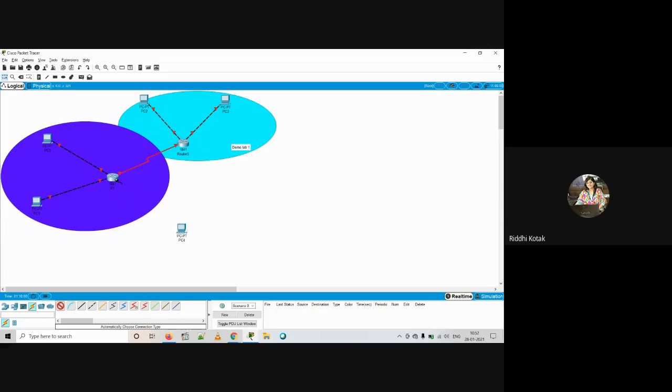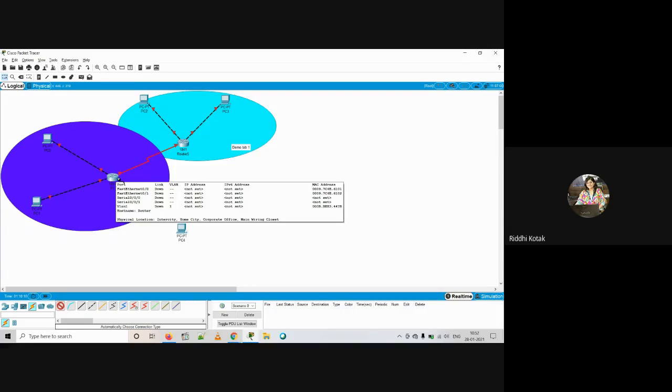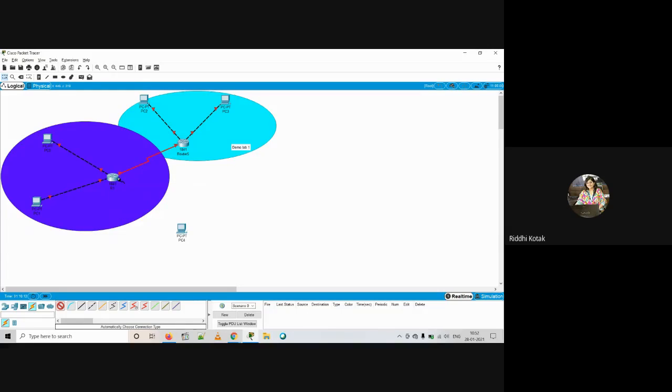Okay, because we have inserted over here only serial interface 2T, that is the reason. But I have done that. Let me just remove one and repeat the process. PC, go to connection, automatic. See, now I am able to do this. Again, I have connected this PC with this router.